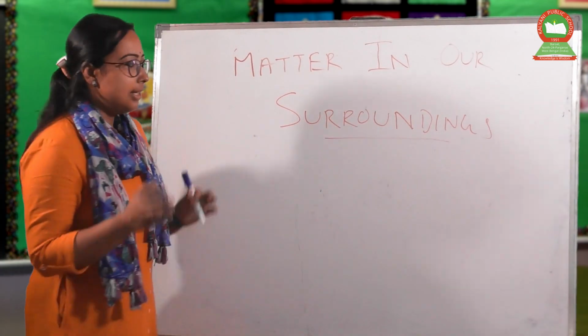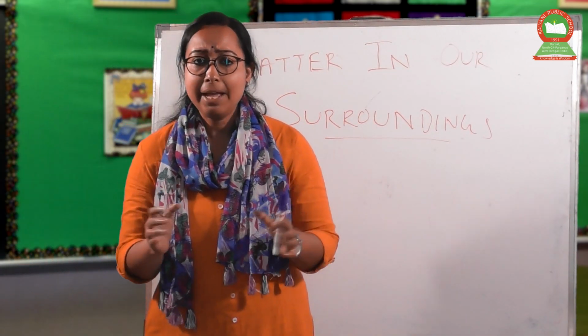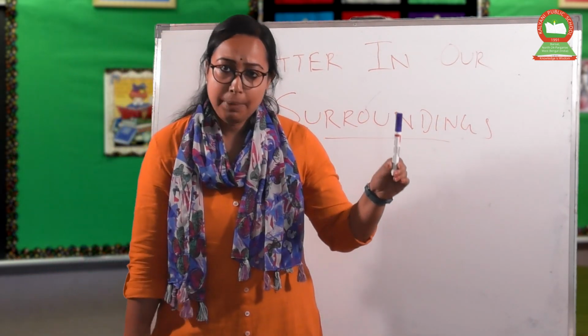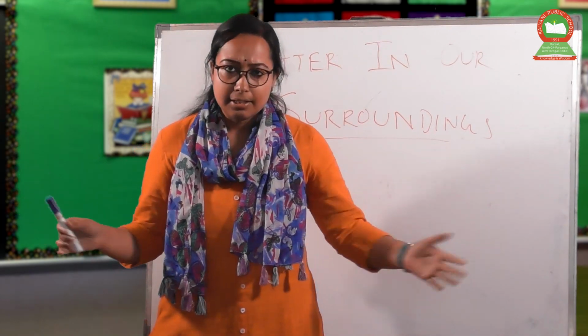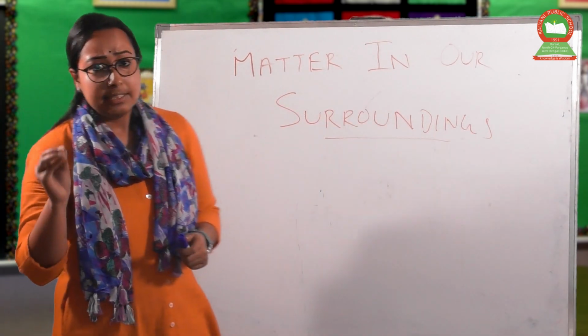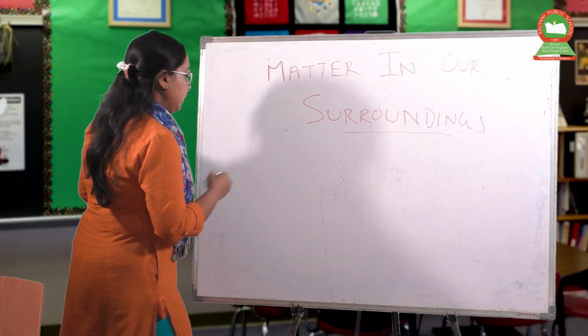So matter means, elaborately, a thing that has some space. So what is space? This is a pen and it has some space. If I remove this pen from this area, there is nothing. There is nothing in this area. So elaborately, this is a matter which has some space. In a scientific sense,